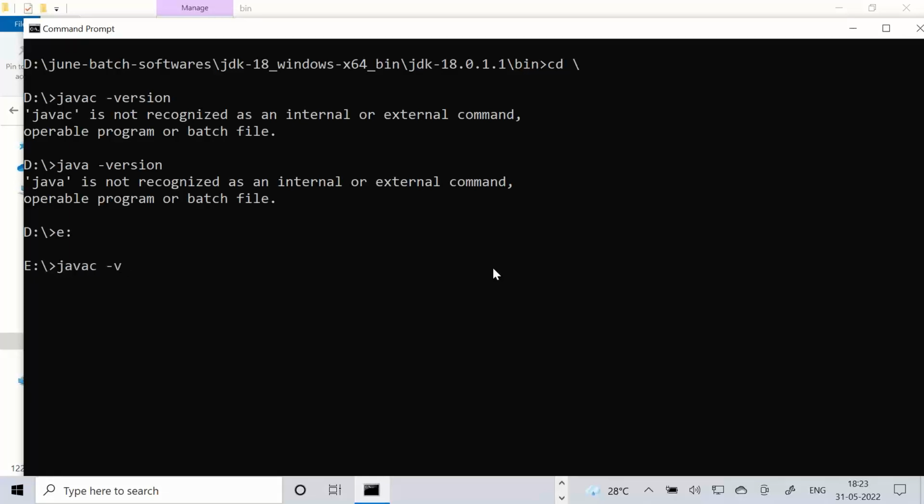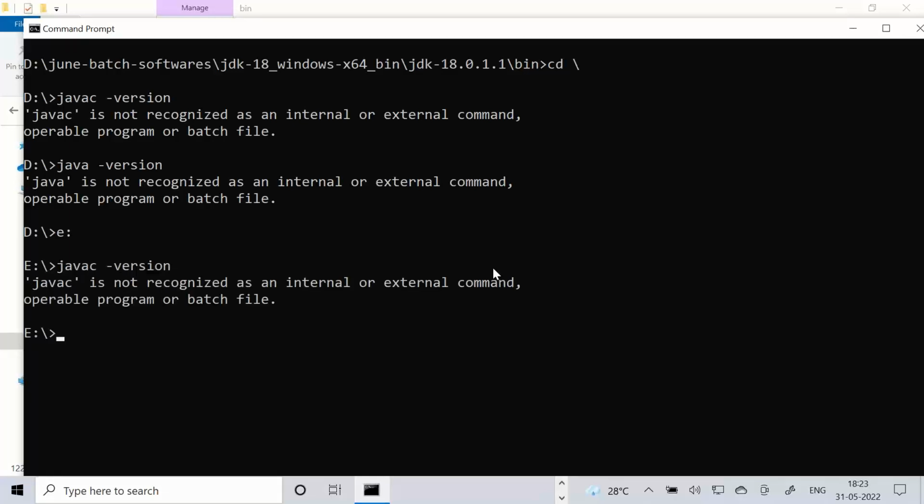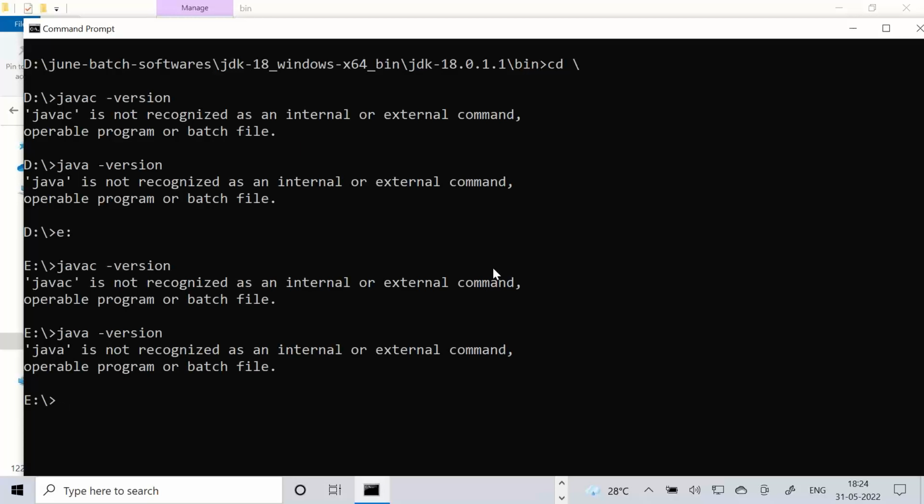You cannot run the javac command and Java command in any location except bin. Only from the bin location are we able to run the javac and Java commands. Everybody please experiment in all different locations. In every location you are getting an error.